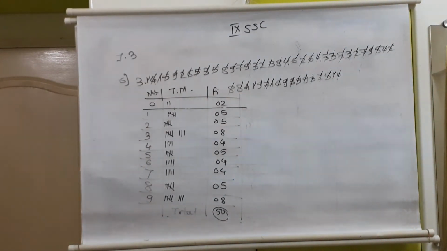Here the information was the value of pi after the decimal point till 50 digits, and we were supposed to form an ungrouped frequency distribution table based on the digits after the decimal point. So we observe that after the decimal point the minimum is 0 and the maximum is 9. So numbers are taken 0 to 9 as per the given information, tally marks, and then we converted into frequency. This is the solution for question number 6.